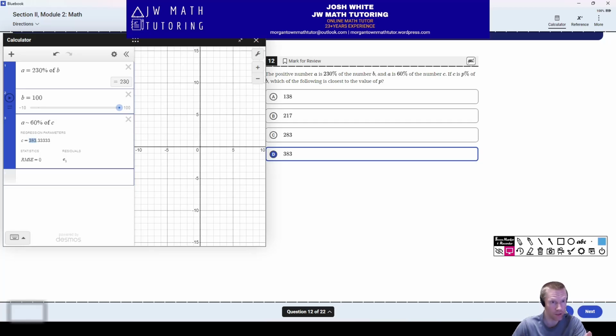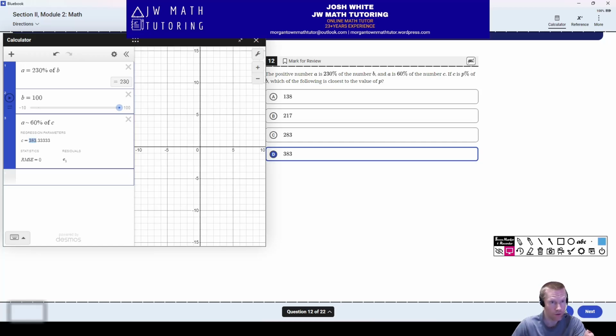Because this is the percentage, multiplied by B or multiplied by 100. The point is, if you picked a different number for B, then you would have to do additional work to solve that C is P% of B. But because you define B to be 100,